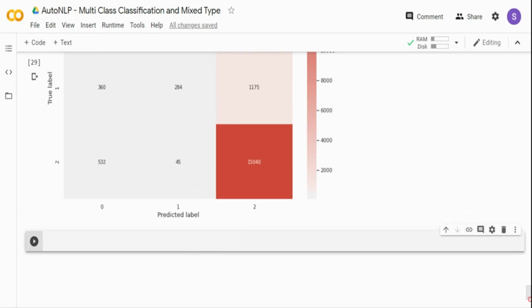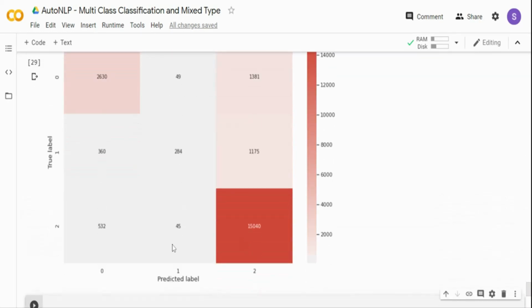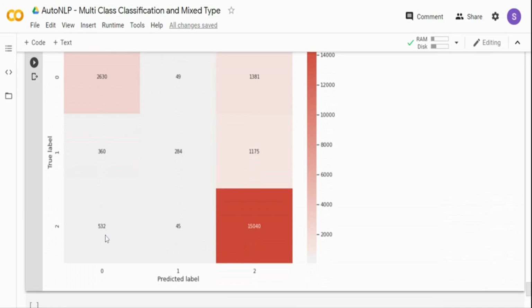Again, if you see the confusion matrix, it has done very well in class 2, pretty good. Out of them, 15,040 were rightly predicted, and only 532 plus 45 were wrong. Even in class 0 it has done decently. 2630 were predicted well, and there are some misclassifications, but for class 1 only 284 are right. The reason is, maybe this is not the data for really splitting into neutral reviews. Maybe if you have a multi-class classification data set, you can run it and see, you may get better output. The reason is the 3-star review is